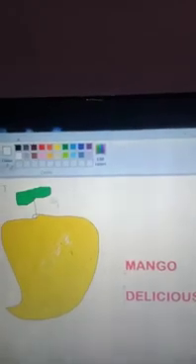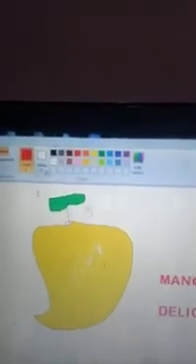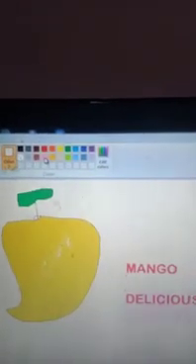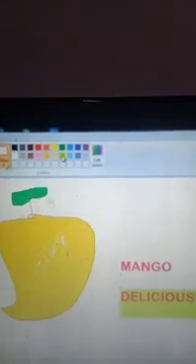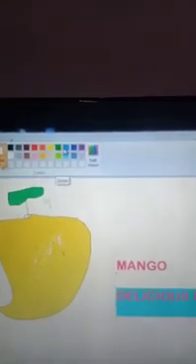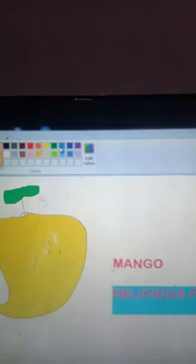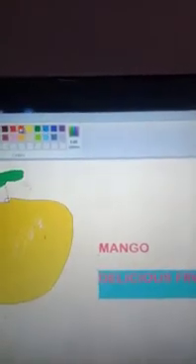Then click on the color 2 button from the colors group. Color 2, whichever color you want, you can easily select here. Which color you want, click on that, and then the text background color will change accordingly. And if you want any color 1, you first select that color.